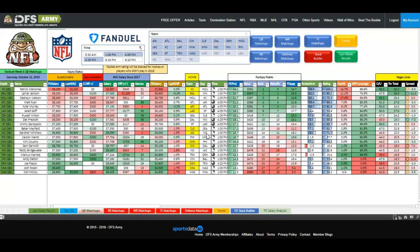Go look in his game logs, see how often he hits 20 points, and then go to, say, a Patrick Mahomes at 7,500 and 4x that and realize you've got to hit 32 points. And go look at his game log and see how often he's been hitting 32 points. I bet it's not as often as Minshew's been hitting 20. Now that doesn't mean that Minshew's the better play, but it means that it's a good spot to take some